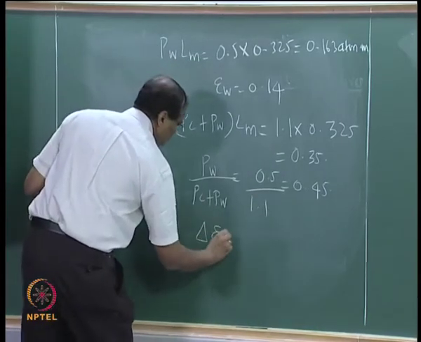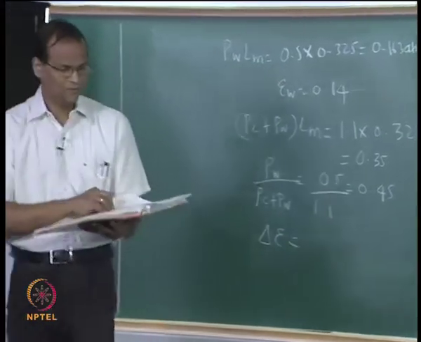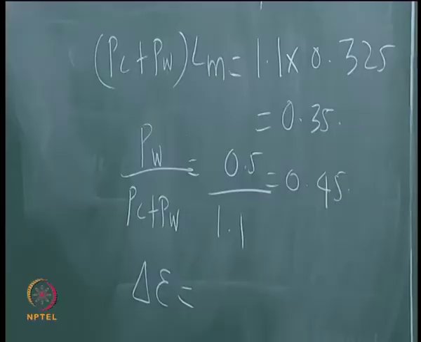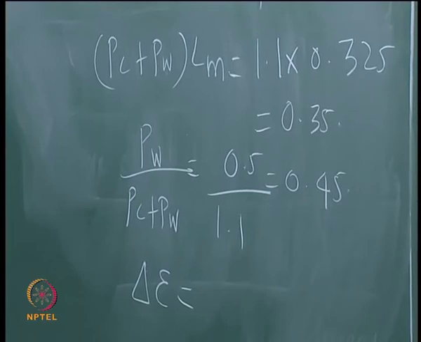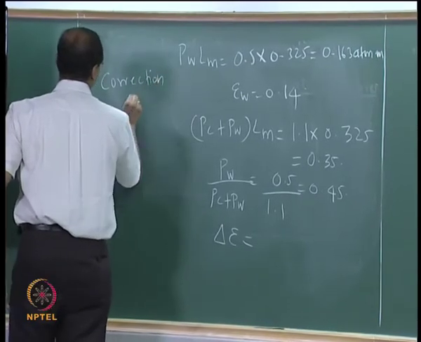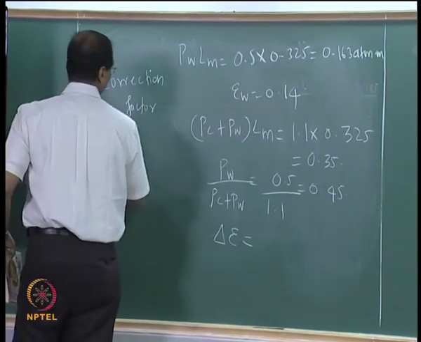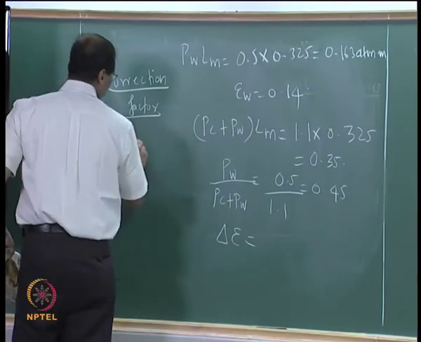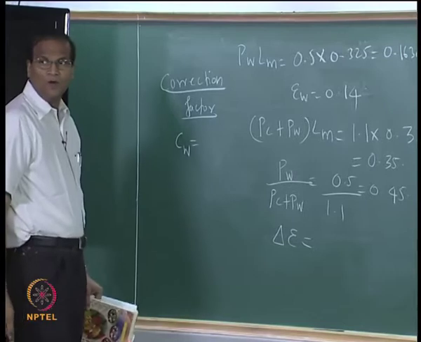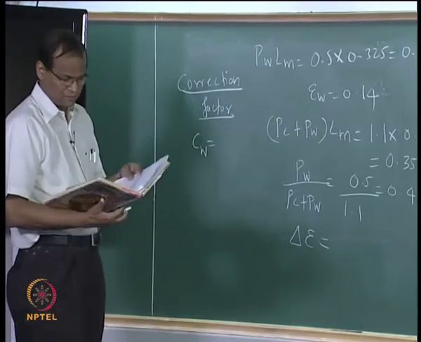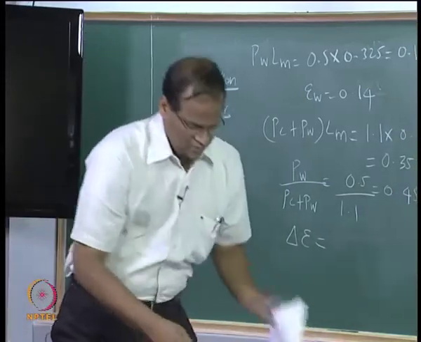Delta epsilon is, get me delta epsilon. So the delta epsilon, no, I didn't do something. What is that correction factor? CW, na? How much was this? 1.7? So